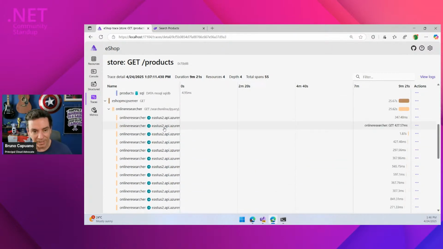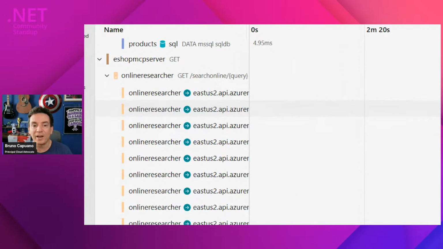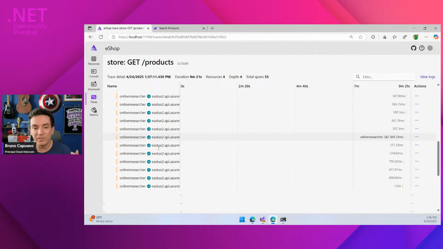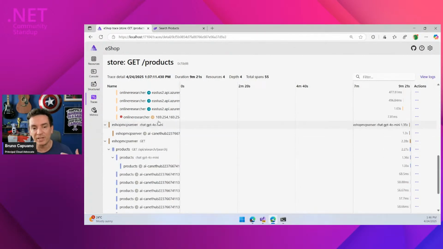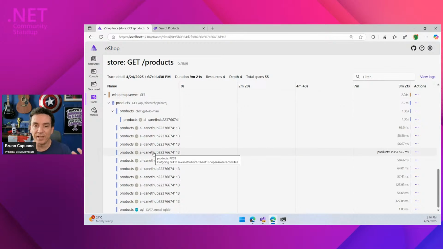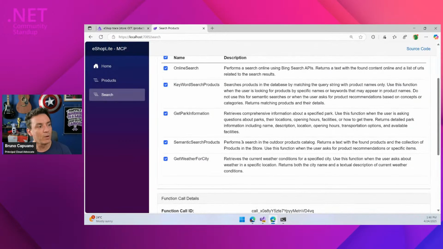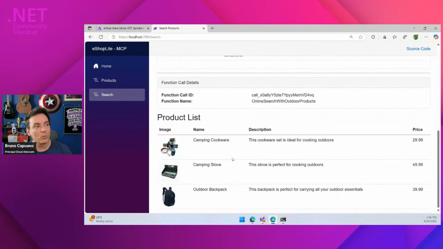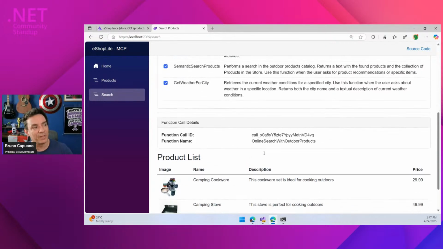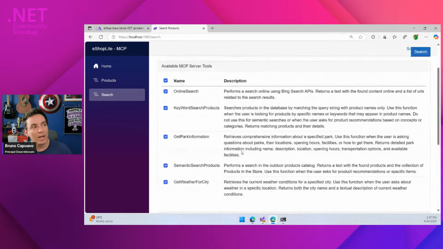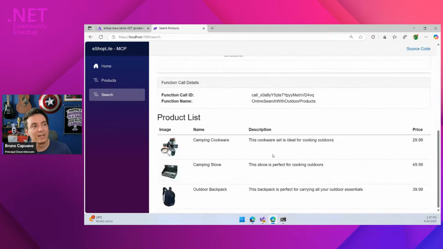And here, you are going to see that this is the online researcher. This is an agent. We have the concept of agents here. So this is the agent making the search. When we have the search, the next step is, hey, we found these trending topics. Let's figure out which products are related to the topics. So it seems that it's ended right now. So this is the output where we see some results. We have the product list and more.